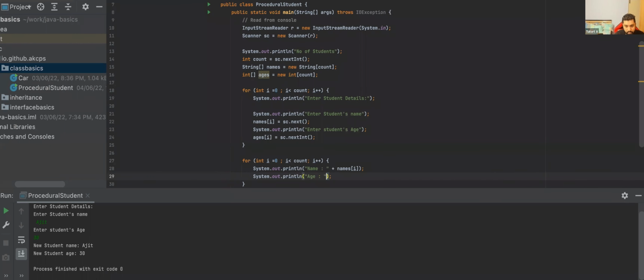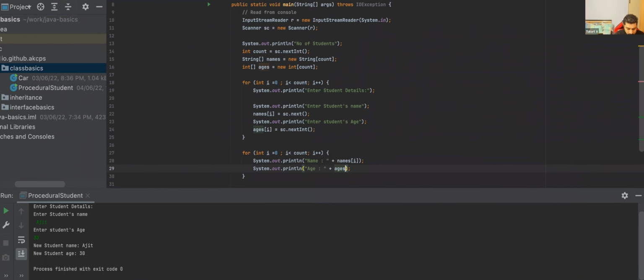Use the same formatting thing. Ages of i, and just to basically have some better formatting, just call this as